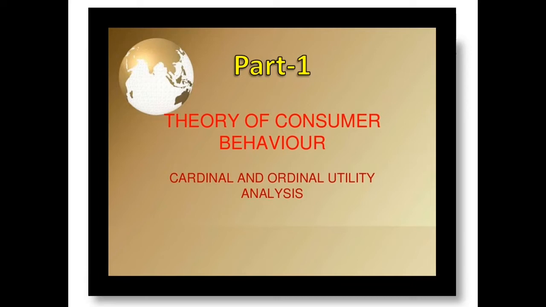Right? We are just finding out why the consumer is purchasing more at a low price and why he is purchasing less at a higher price. We were studying the reasons for the downward slope of the demand curve in the demand chapter, and there one of the reasons that we studied was the law of diminishing marginal utility. That was the cardinal approach that we studied over there. We'll be studying that in detail here in this chapter.